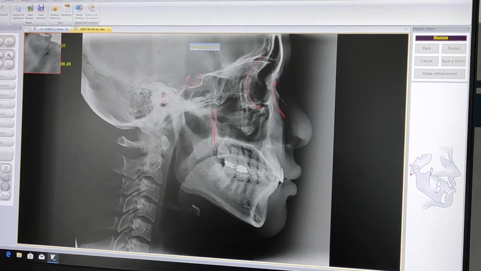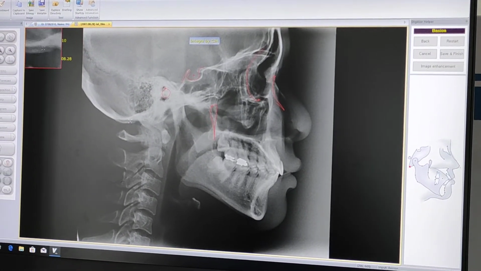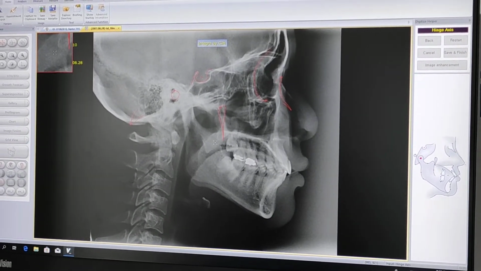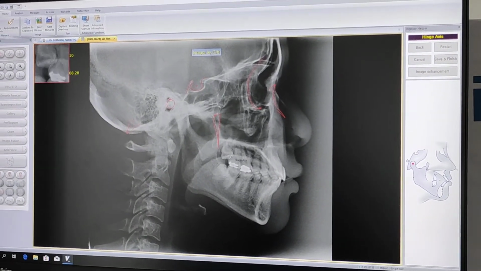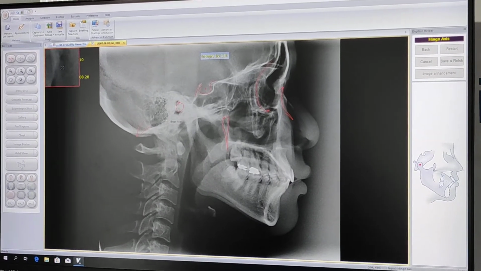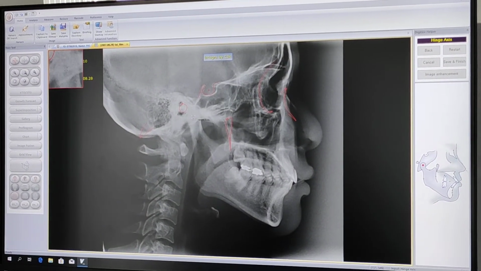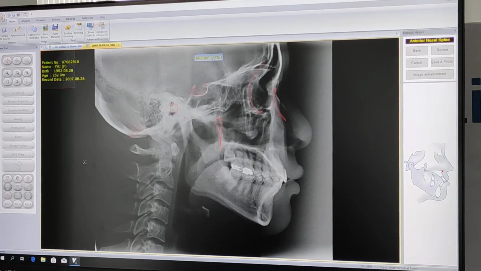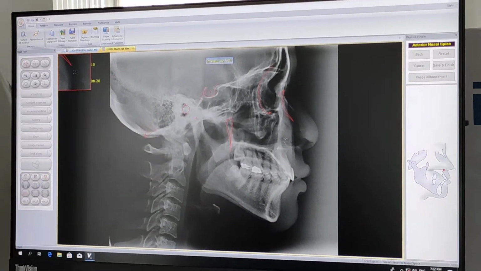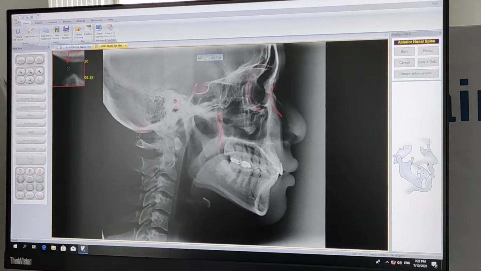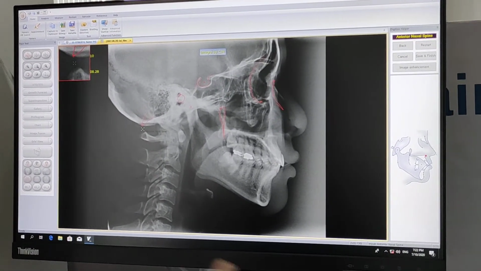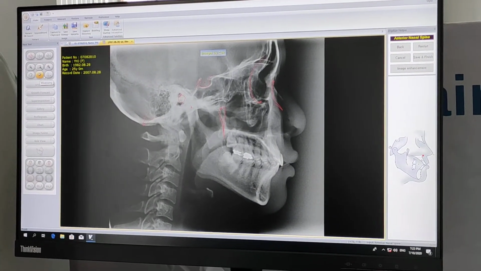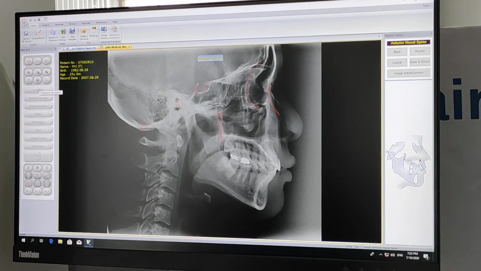Then you have something called Basion. Basion is the lowermost point on the skull. So this is what Basion will look like. And then you have the hinge axis point. Hinge axis is this, the condylar point. So henceforth we can mark all the points, and once all the points have been marked, you just have to click on trace. Once the tracing is completed, it will get auto-populated. So I will not go into much depth on the tracing points.